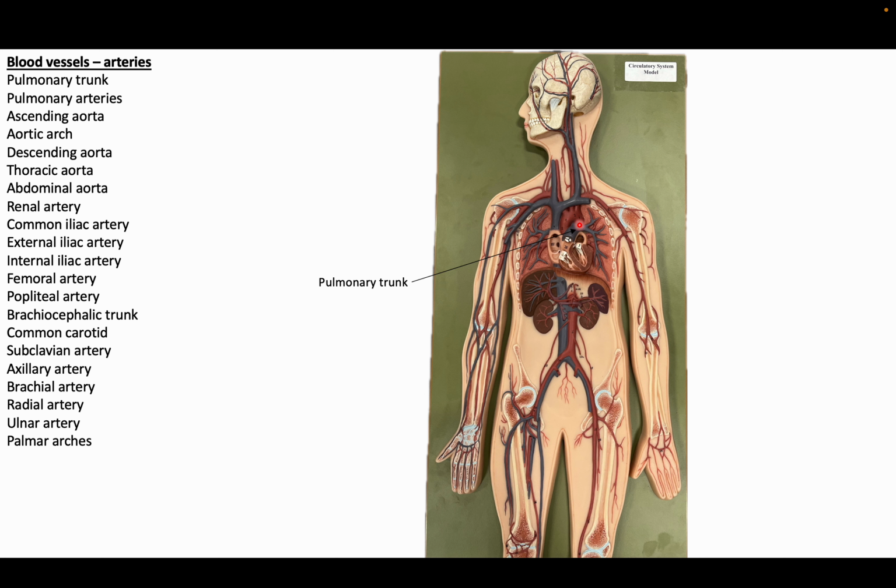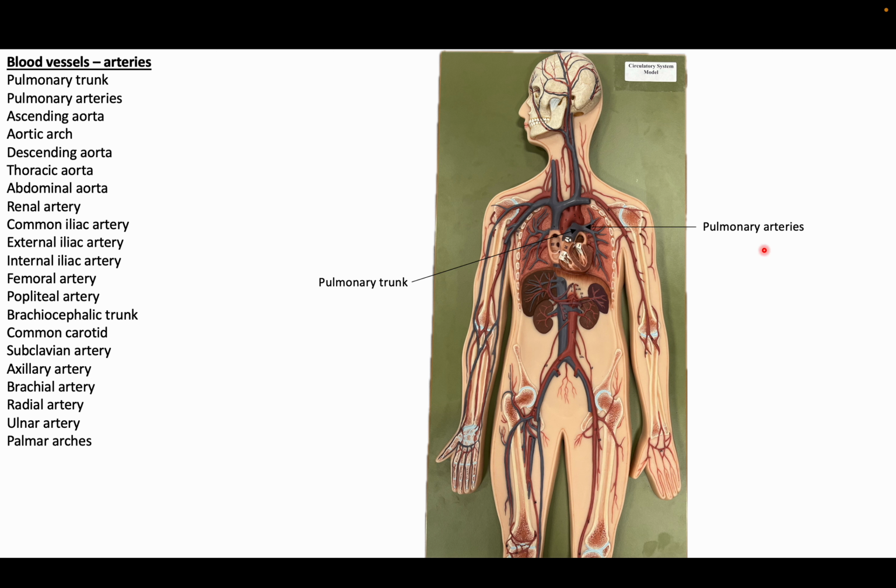Now we're going to move into the pulmonary trunk. The pulmonary trunk is going to turn into the pulmonary arteries. You see that the vessel here is in blue because it's representing oxygen poor blood. The reason why the pulmonary arteries carry oxygen poor blood is that the blood just came from the right atrium and right ventricle. Remember, these two chambers carry oxygen poor blood because it just came back from the body. So it's carrying that oxygen poor blood through the pulmonary artery so that it can take it